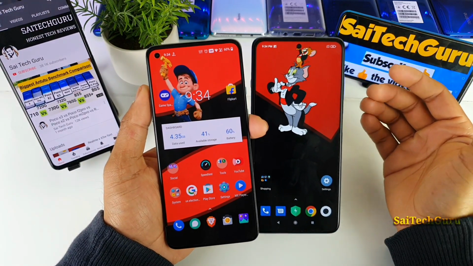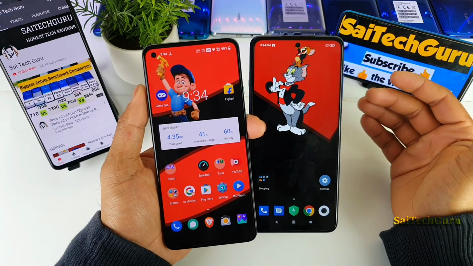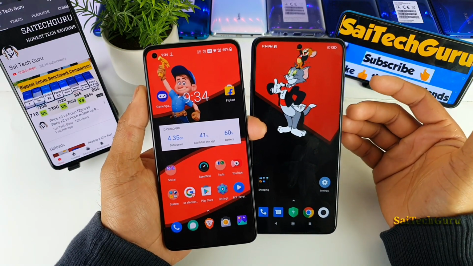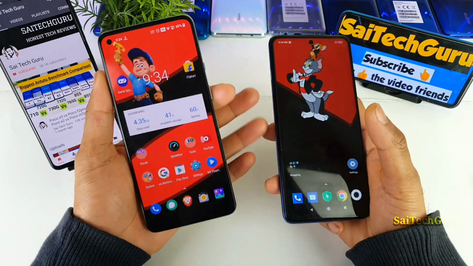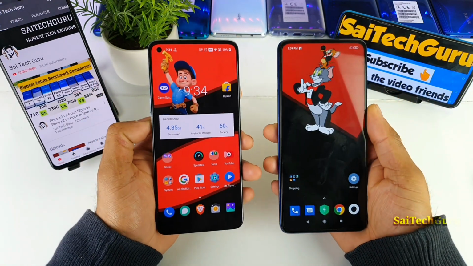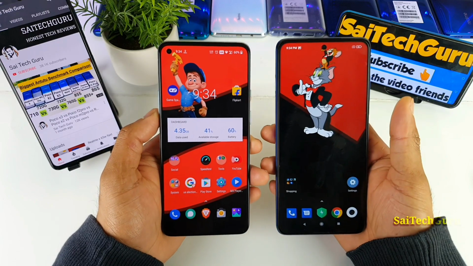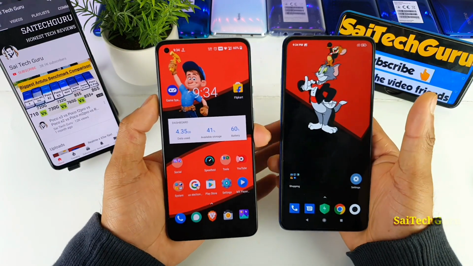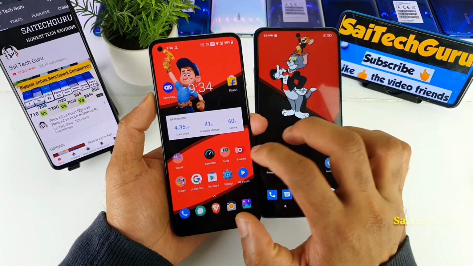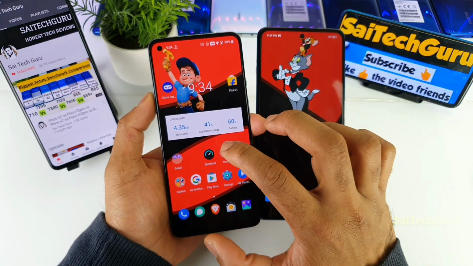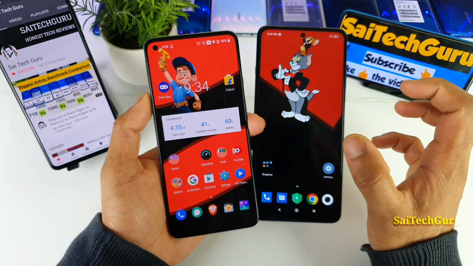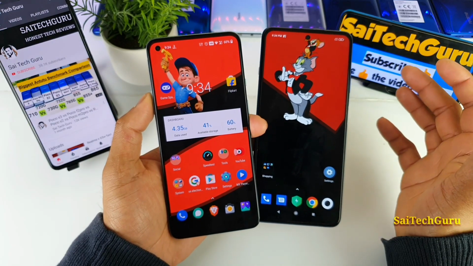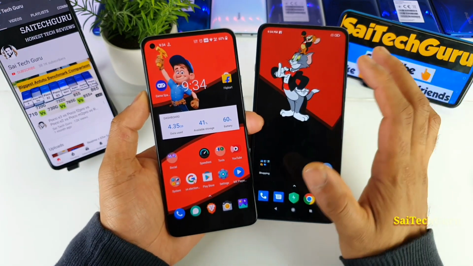And one thing is that both phones do support the 4G plus connection as well. So 4G aggregation is actually supported in both of the smartphones, in the Poco X3 and in the OnePlus 8T device. So I'll be trying to do this kind of speed test at the same time in both the phones by changing the same SIM card from the OnePlus 8T to the Poco X3 device.